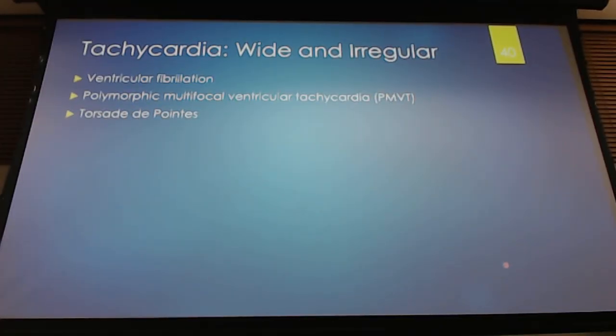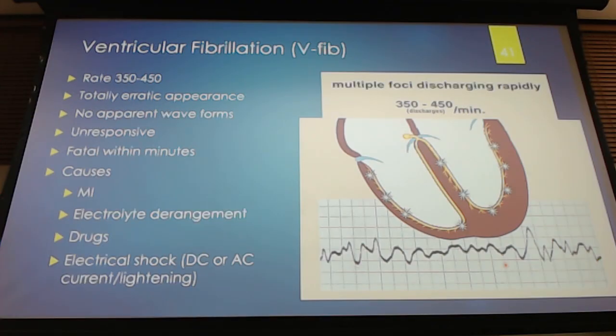So if we have wide and irregular, we have VFib, we have polymorphic VTAC, and we have torsades. Wide and regular, what do we have for wide and regular? VTAC, V-flutter, and SVT with bundle branch block. And we're looking down the wide and irregular: VFib, polymorphic VTAC, and torsades. Okay,